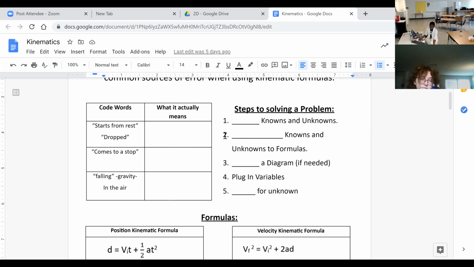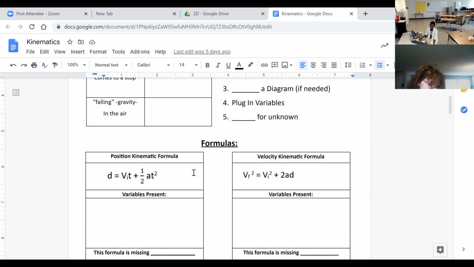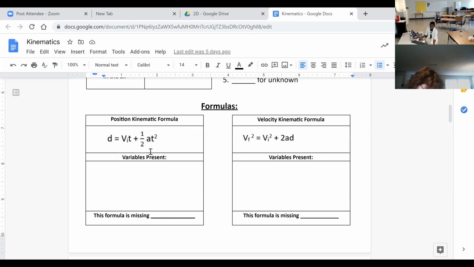We can kind of review. Realistically, here's the hard part about these equations. You look at them, you're just like, holy macaroni, that's a lot of letters, right? But we already know a lot of these letters. Like we know VF, we know VI, we know A, we can figure out D, we can figure out T. So really what we're going to be working on today is making sure that we know those variables and then